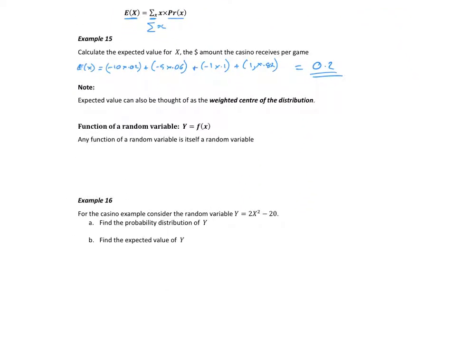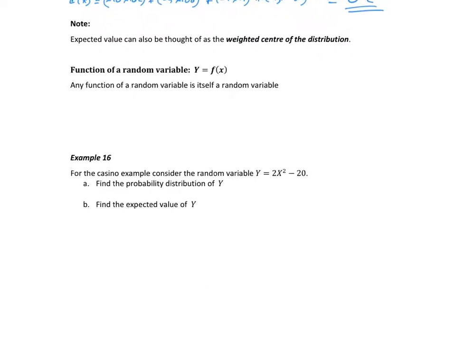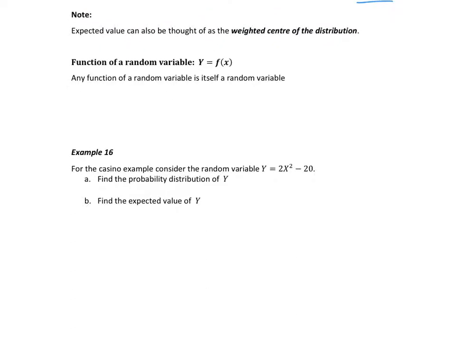So what else are we saying here? For the casino example, consider any function. So our random variable could be a function, and all this is saying is that if that's a function y equals f of x, well then, since x is a random variable, the function itself is a random variable. So the probability distribution of y. So y is equal to 2x squared. So what does that mean? So let's start. There's x. There's the probability of x. So let's just copy them down.